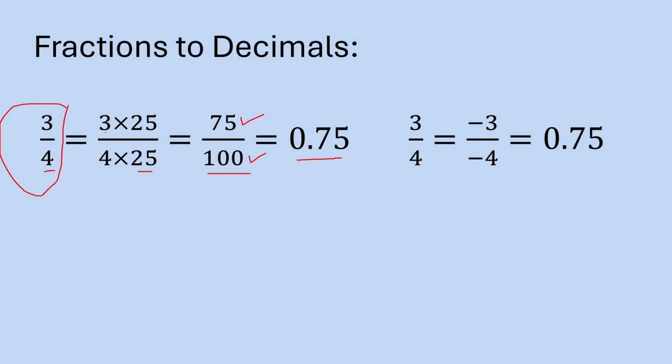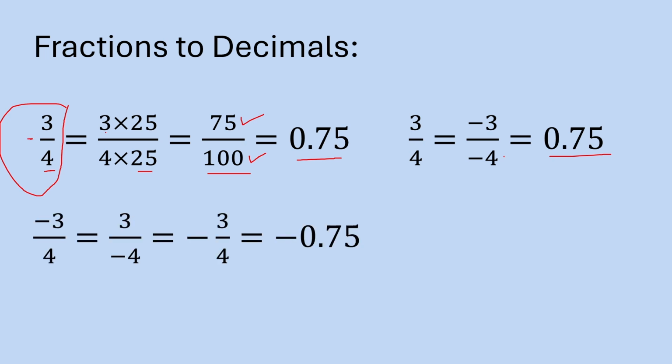So 3 divided by 4. We can also write it like this, -3 divided by -4. Here the denominator and numerator both are negative, so the final result will be positive. So here we know 3 divided by 4 is equal to 0.75. If the example has a negative value, the same 3 divided by 4 but negative, like this,